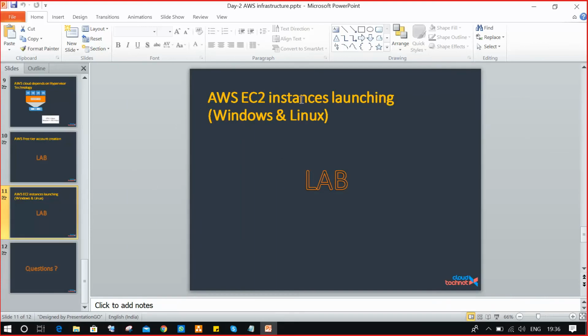So today we completed EC2 instances, Windows, Linux. So the lab is completed. Now I move to another service.